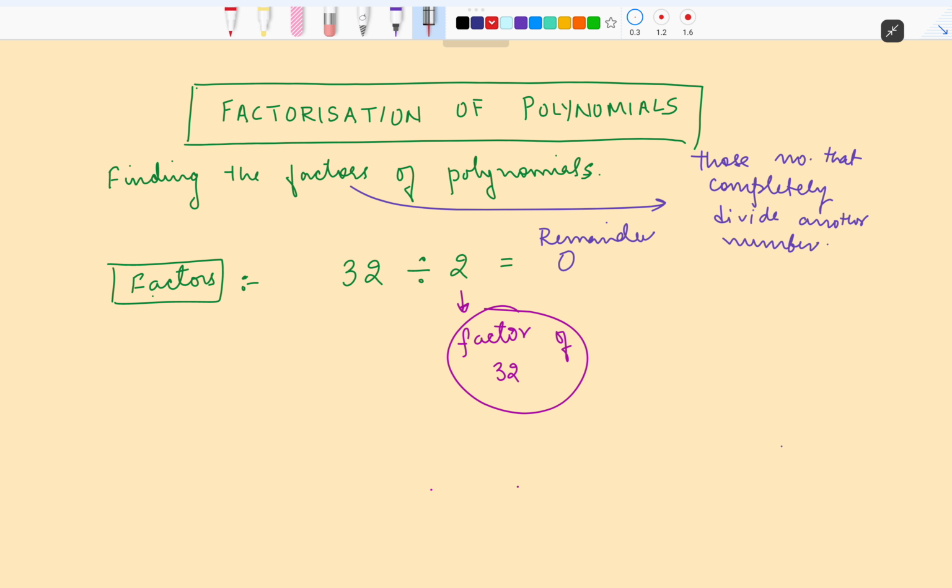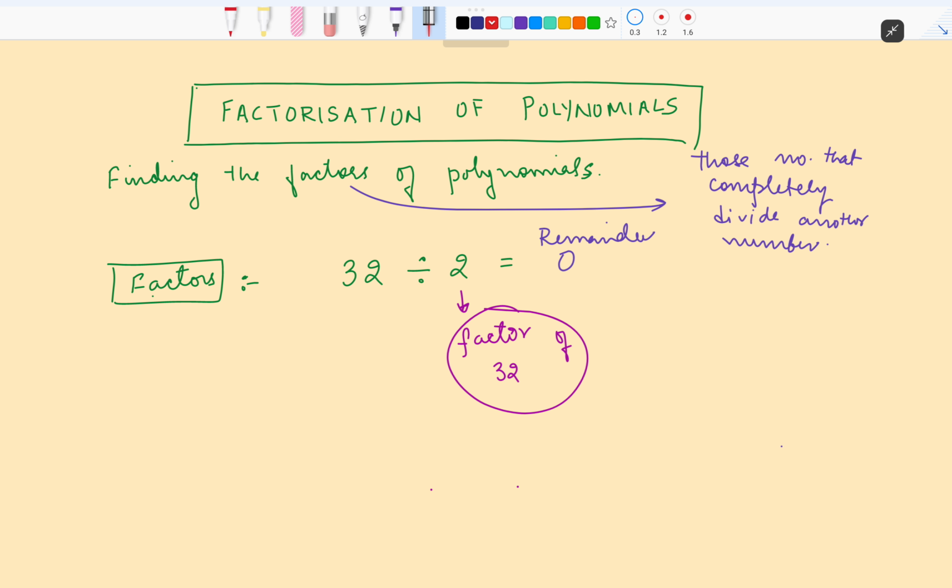Today we are going to be continuing with our topic polynomials, and we are going to do factorization of polynomials. We're also going to study the factor theorem, which is a very important concept in this chapter, and one question is most definitely going to get asked, whether it's your term exam, whether it's your weekly paper, whether it's your Monday tests. If your syllabus has polynomials, one of the questions from this chapter, from this topic, is guaranteed. And then at last we're going to do the long division method. So without much ado, let's dig in.